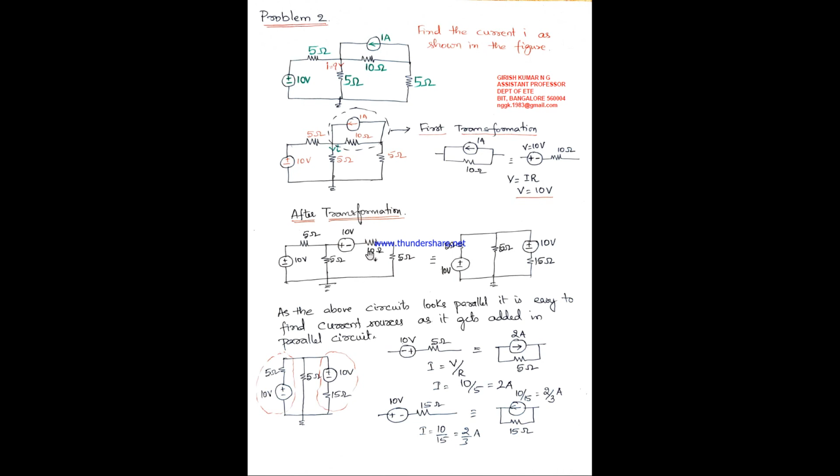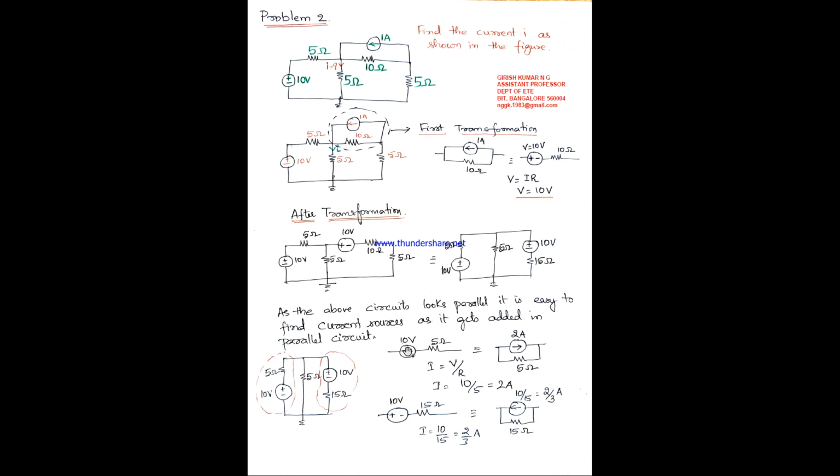Okay, now what is my next job? Can I add voltage sources when they are both in parallel? No, you can add only the current source when they are in parallel. Voltage sources in parallel cannot be added. So what should I do now? Very simple. See, all three branches are in parallel, right? If I convert this voltage source in series with 5 ohms to parallel, and if I convert this 10 volts in series with 15 ohms to parallel, then the parallel current sources will get added and the parallel resistance will be converted into equivalent resistance. So therefore 5 ohms in series with 10 volts converts into parallel 2 amps and 5 ohms.